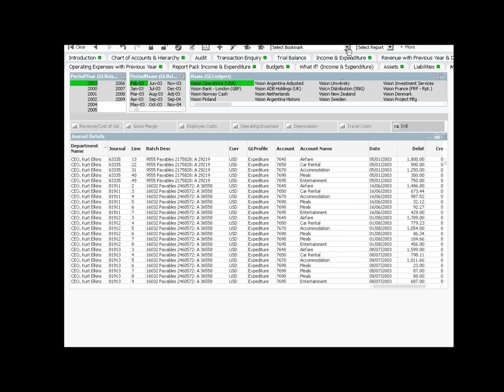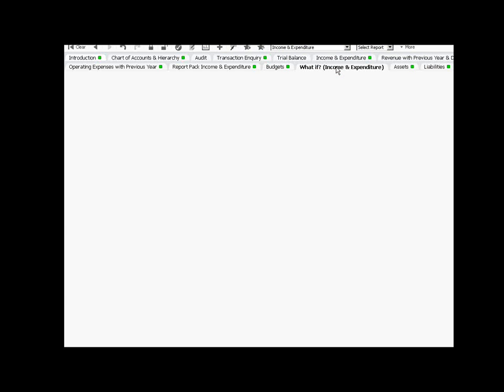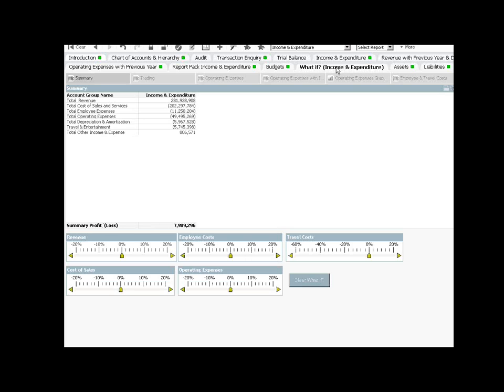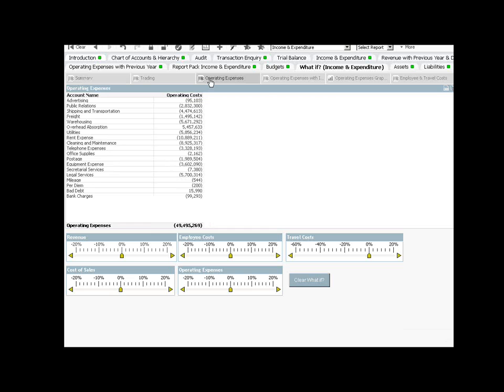Next thing we want to have a look at is the ability to do what-if type of things within QlikView as well. We'll go back to income and expenditure and what-if. So effectively what it's showing me here is my raw numbers. If you remember, the profit line for 2003 was just under 8 million. Now here's all the operating expenses, and